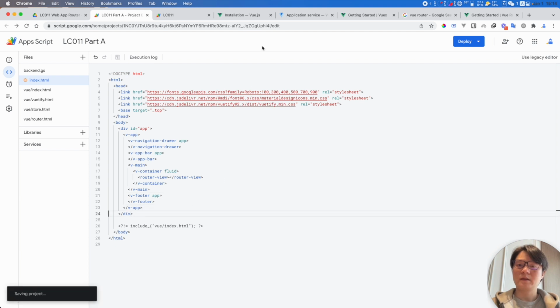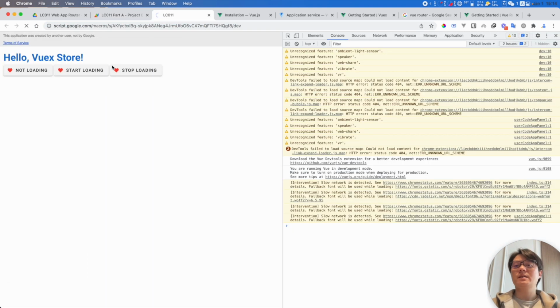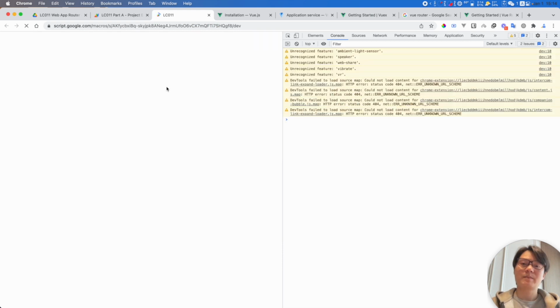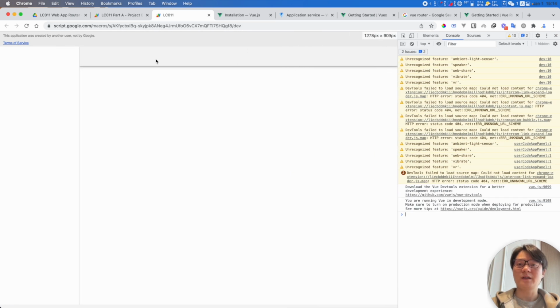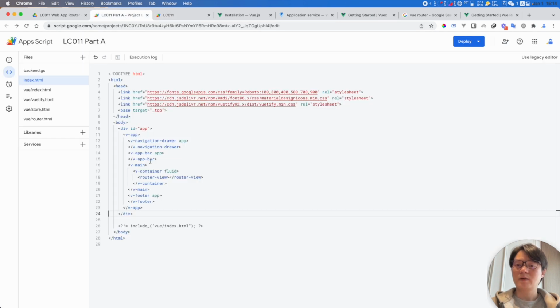If I reload this page now, you will not see these buttons, but you will see an empty template here. All right. So I'd like to add two buttons here so we can navigate the pages we defined in our router, right? And here we have our drawer. So I'd like to make a copy of this too. And I'd like to, you know what,